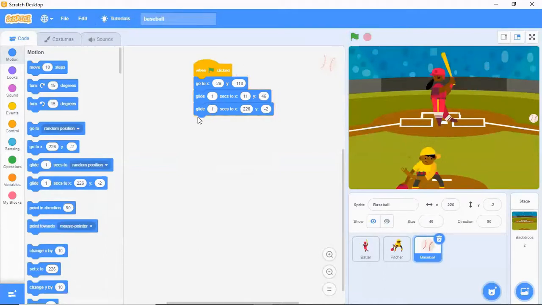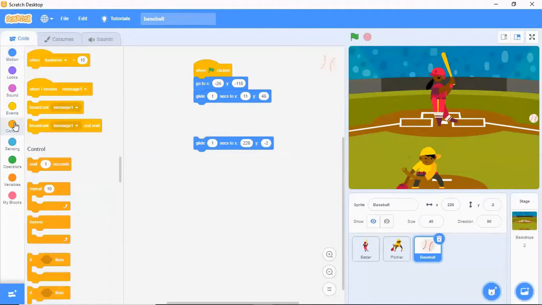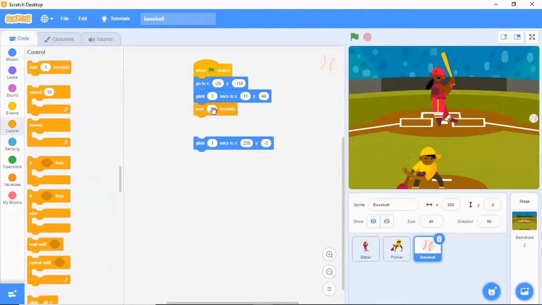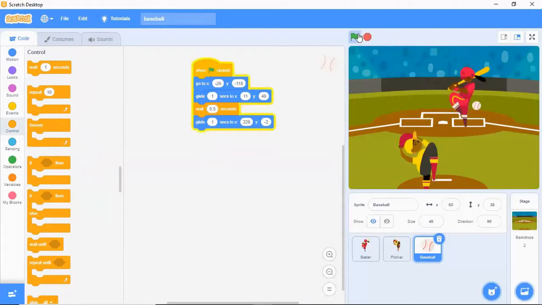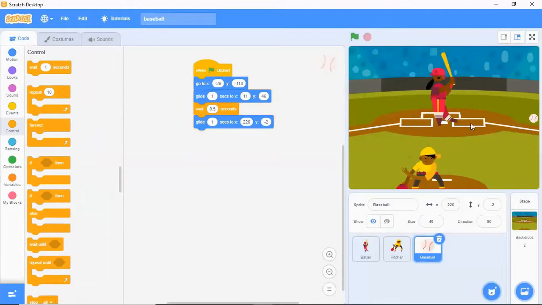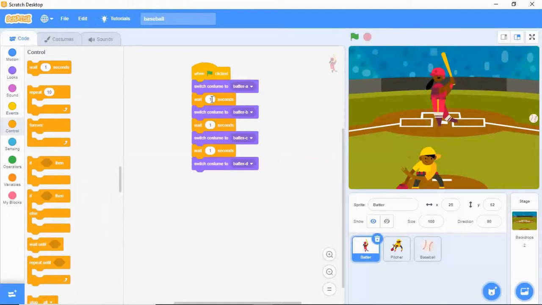So let us give a little wait time here so that it goes slowly. So here we need to adjust the wait time of the batter. Yes. So instead of 1, I will just reduce the time so that the action is proper.